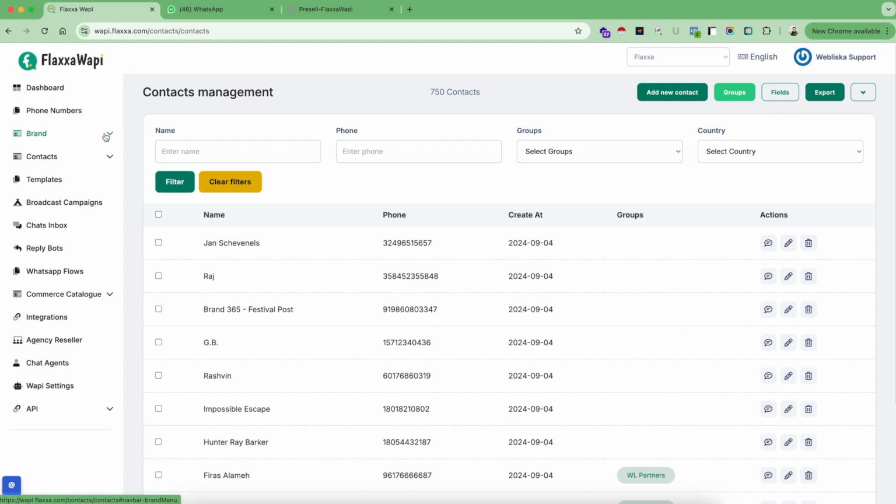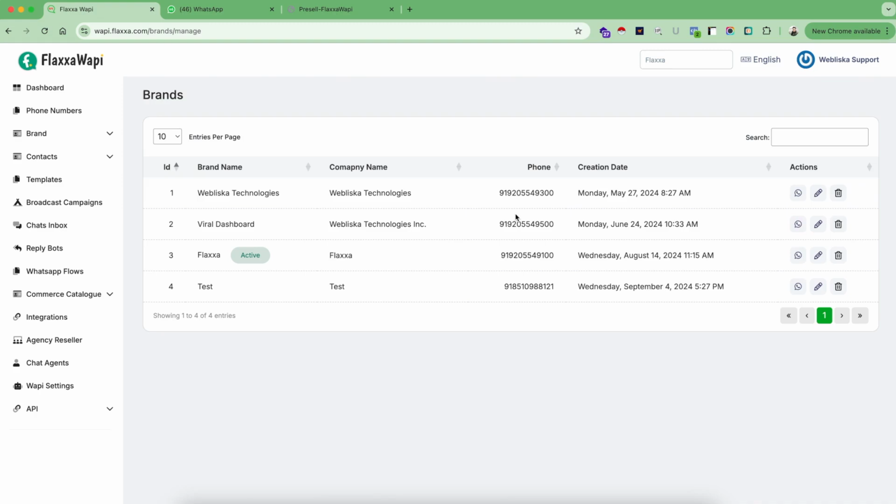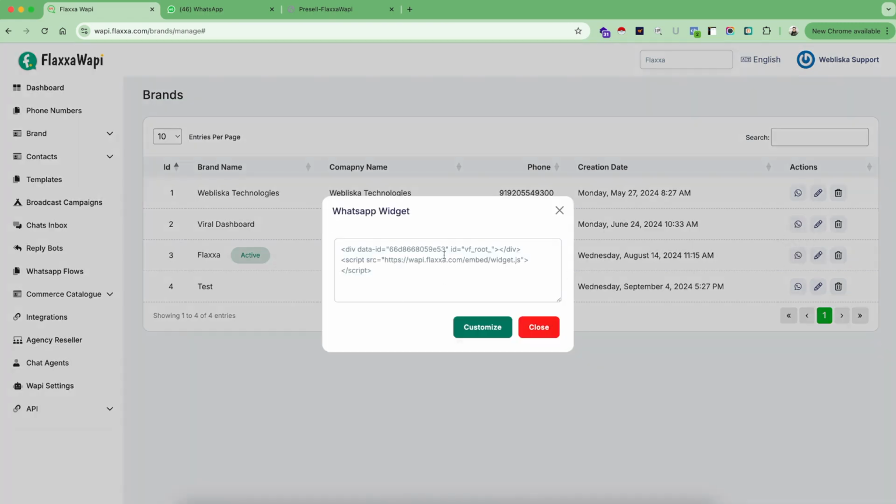Okay, now one of the most important things is, once you go into the brand page, I forgot to tell you one thing, which is chat widget. Okay, so this brand is currently active, which means this is selected and you see this option as chat widget. Okay, so as a brand, you always have this option to embed this code on your website. Once you do that, your customer can directly start interacting with you on your brand channel. Okay, so if you want to customize the preview of this chat widget, you simply click on customize,